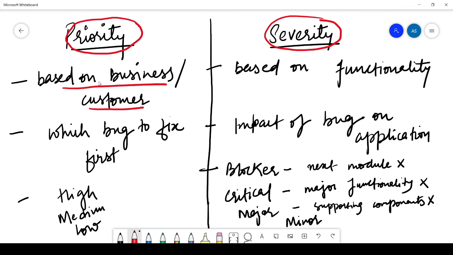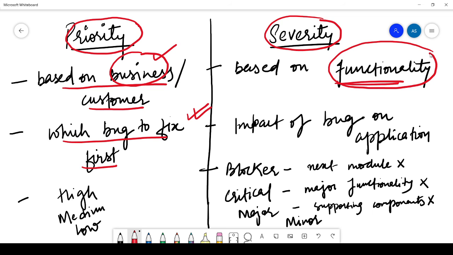In this priority we decide which bug to fix first. हमें कौन सा bug फर्स्ट फिक्स करना है, ये हम बिजनेस के बेसिस पे डिसाइड करते हैं। और सिवियरिटी इज़ बेस्ड ऑन द फंक्शनैलिटी, अगर कोई डिफेक्ट हमारे सॉफ्टवेयर की मेजर फंक्शनैलिटी को इम्पैक्ट कर रहा है तो उसके बेसिस पे सिवियरिटी डिसाइड होती है,